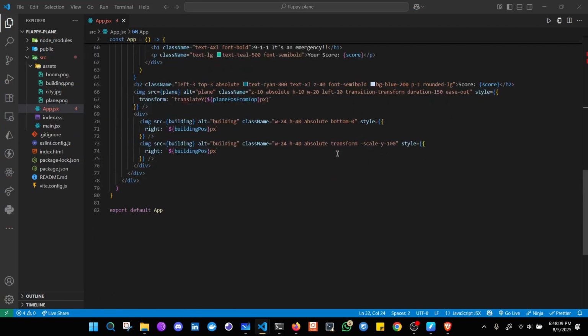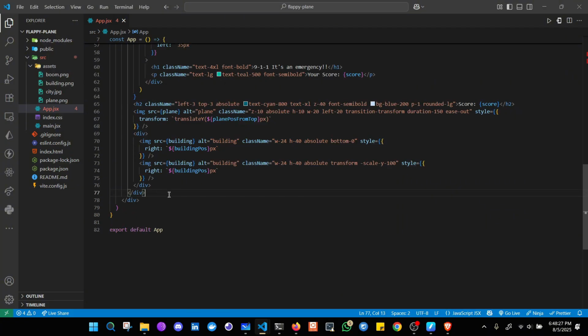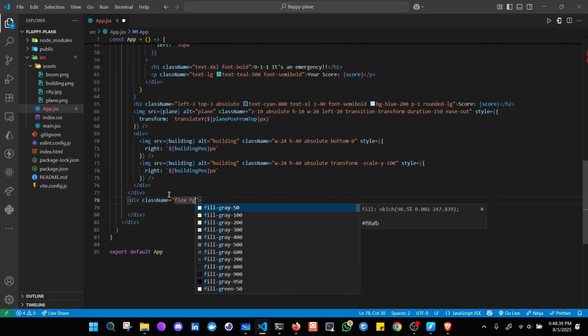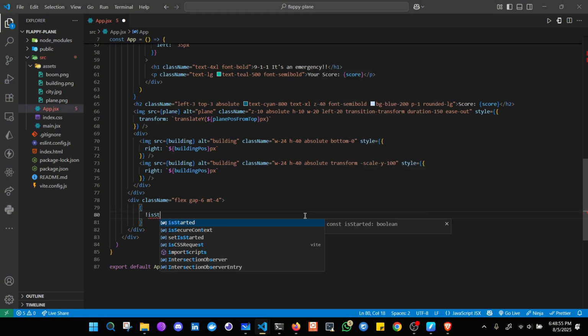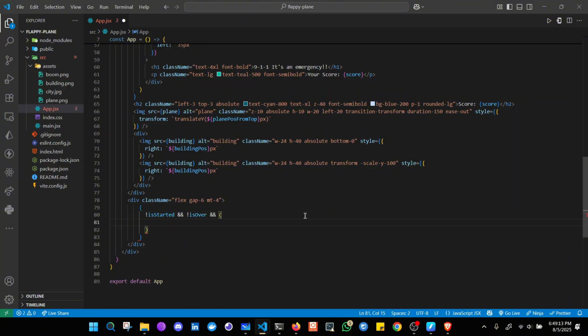Now let us create the buttons to start the game or to reset the game. So below this div, create another container, give this a class name flex and gap of 6 and margin top of 4. Now there will be two buttons. First is if the game is not started, and also the game is not over. Then we will return a button